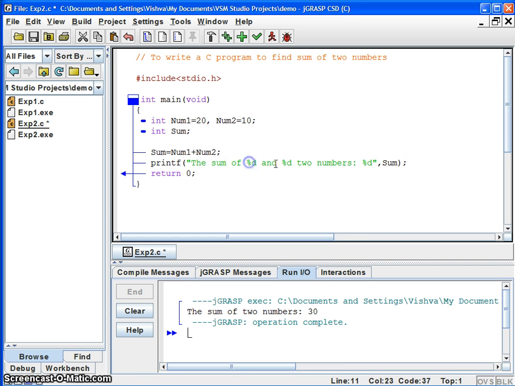So how many type specifiers have we given here? 3. So we should give here num1 comma num2 comma, and one more is the sum. So now the program will display the sum of 20 and 10